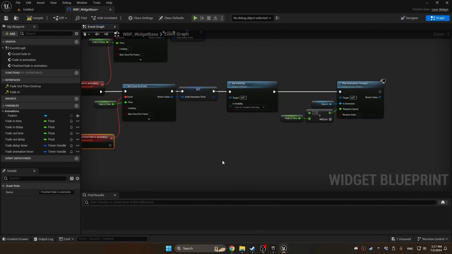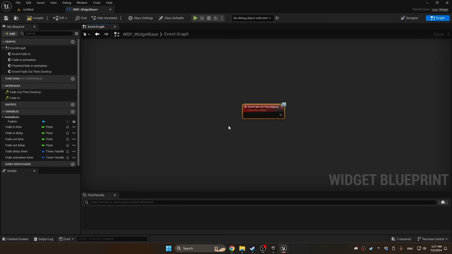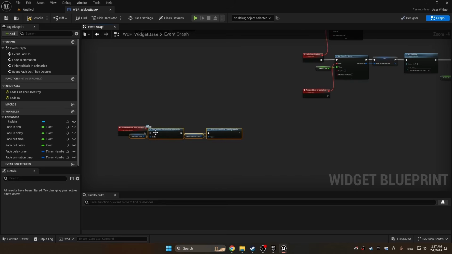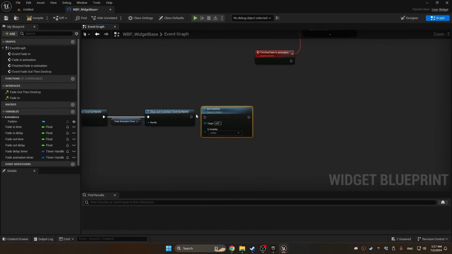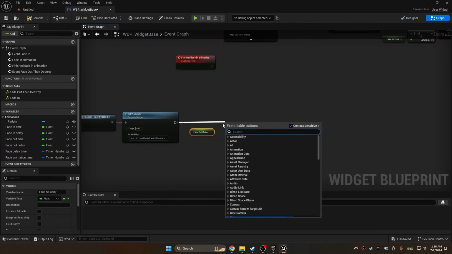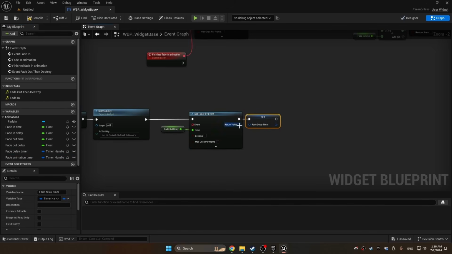And now we're basically going to do the same thing in reverse. So we can implement the other interface, fade out then destroy, and we can copy paste this down here. We want to clear the timers in case they're running, and we can copy the set visibility. And we're going to change the visibility up front to not hit testable self and all children. And we're going to take the fade out delay, set timer by event, input this into the time, set the fade delay timer,